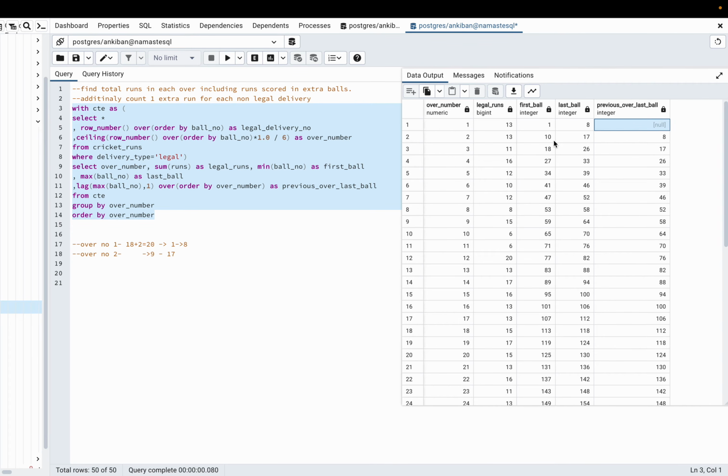So there is a problem with null, right? So I will just give the default value as 1, right? So if the previous ball is not there using lag, it will take the default value of 1. Anyway the first over will start from 1, so I can just say 1, right? So now I have the previous over last ball and the last ball, right? Previous over last ball is also the first ball of the over ideally, right? Because we can have extras. So I'll just keep whatever columns are required.